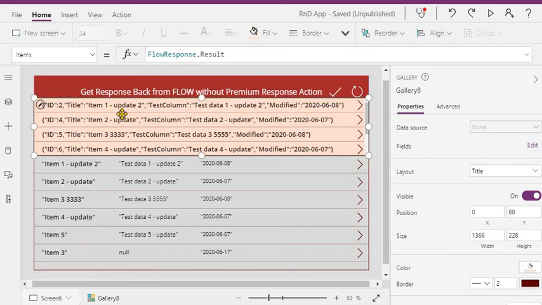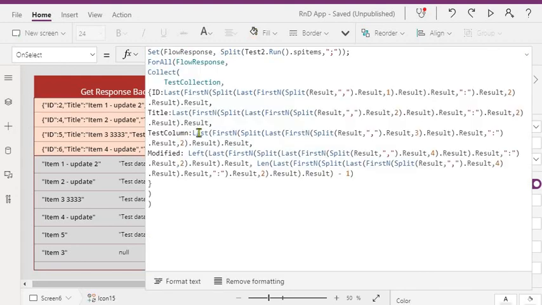So you have got the records here which we have bound. Now the next action is to split each individual record to get the column names and column values. So ID, title, test column, modified: if you want to get the column values individually, you need to split it further. That's what we are doing using the ForAll function.